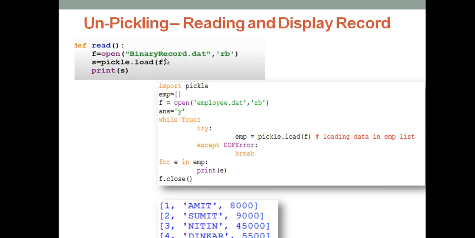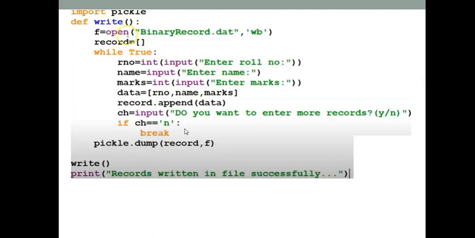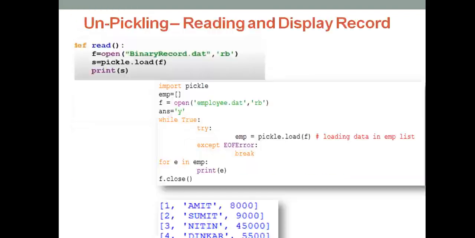Otherwise, very simply you can open it like how you have written here, yes equal to pickle.load. Similarly, you can write temp equal to pickle.load(f), and one by one you can write it, right? That is what the loop is used for here. Or you can simply use try and except. Try means as long as your file contains records, it keeps on loading, reading. The moment it becomes empty, it comes out and breaks out. The same thing we have done here.